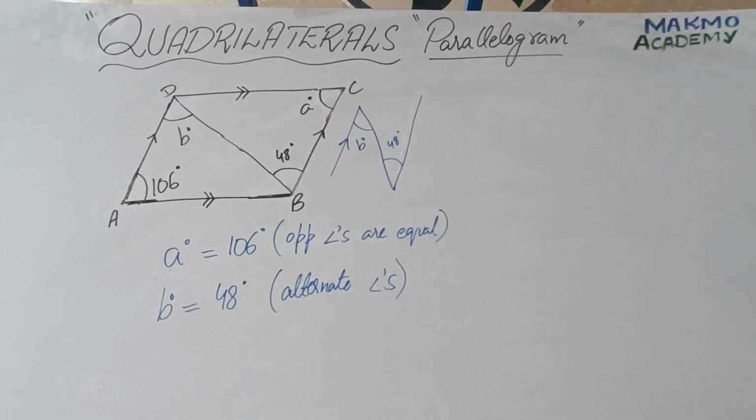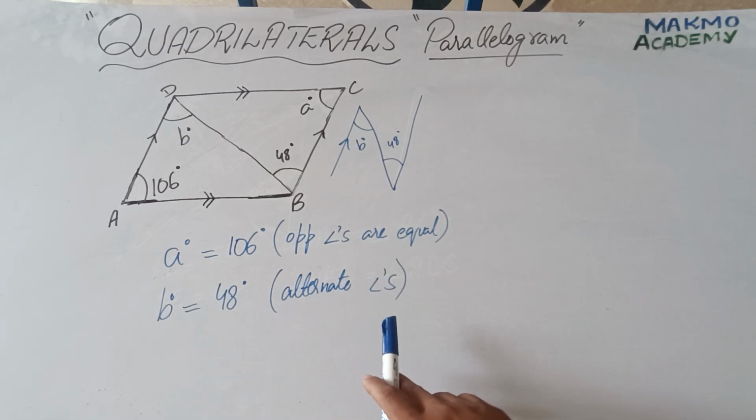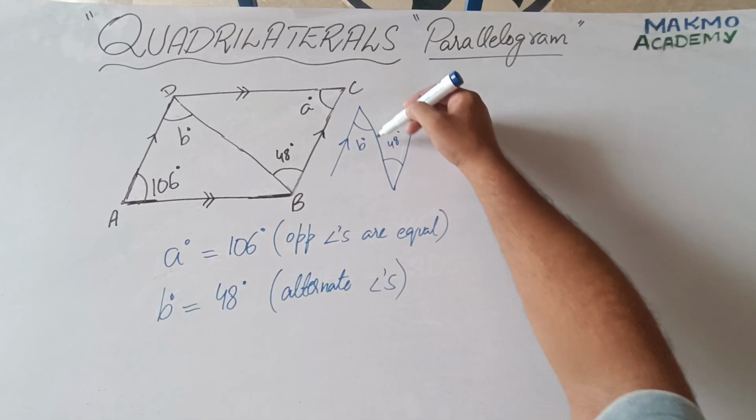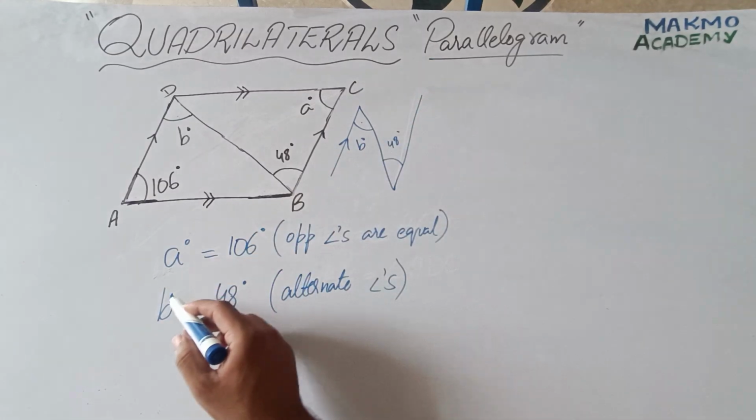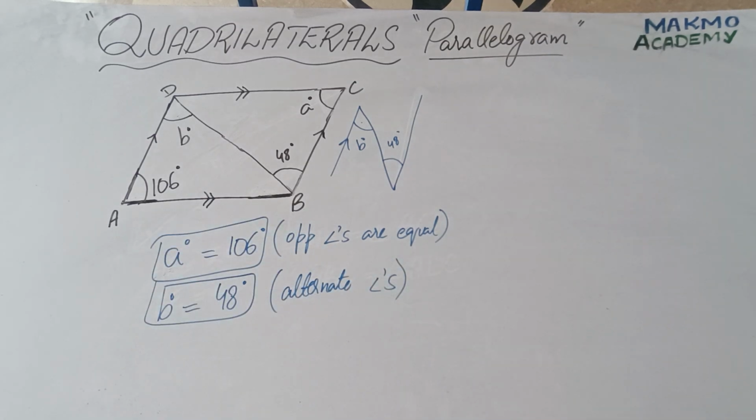For this I will upload the link of all these properties: alternate angle, corresponding angle, and interior supplementary angle. We have already discussed them in another video, so you need to see that video. If you do not have this concept of how b and 48 are equal, they are alternate angles, and alternate angles are equal to each other. So this is how we can find out the value of unknown angles in quadrilaterals by applying the properties of the quadrilateral as well as parallel lines and transversal.